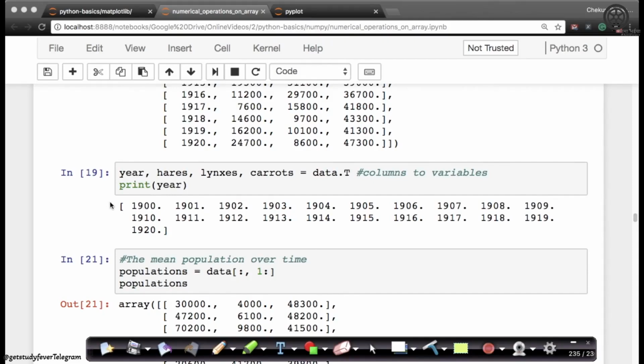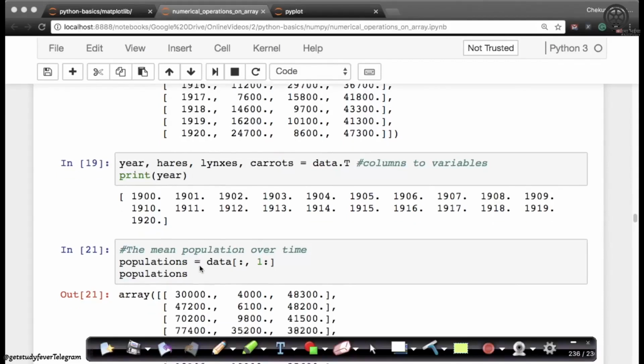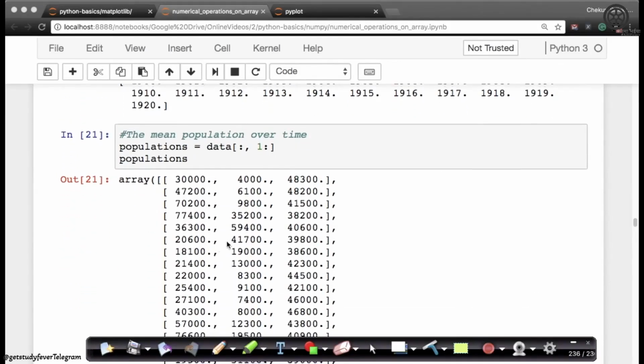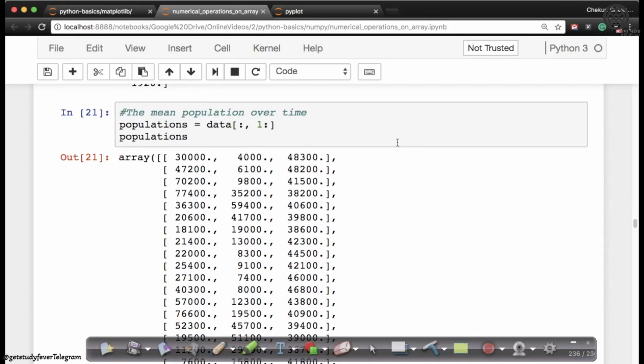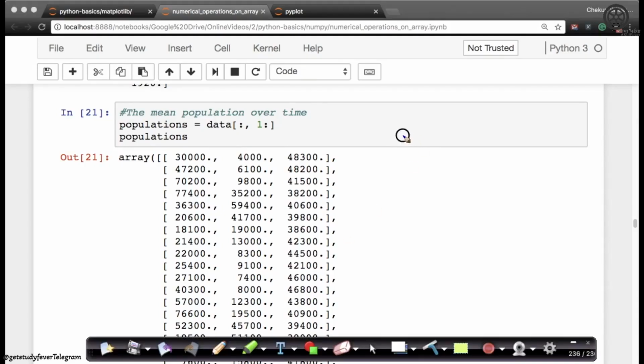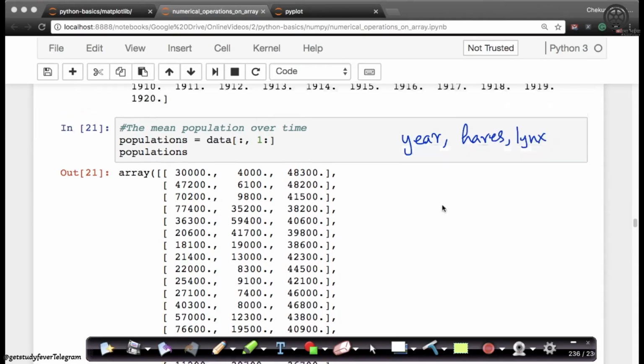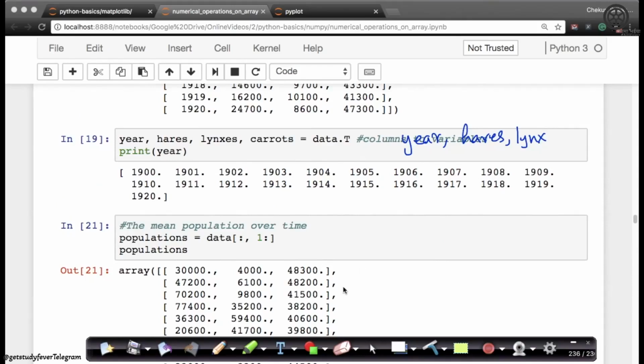Now if I say print year, I get an array of all the years. Okay, now let's try to operate on this data, do some basic operations. Because my first column of data is year, sorry, let me just write it: year, hares, right? My lynx, I believe this is the spelling, right? Okay, and carrots,